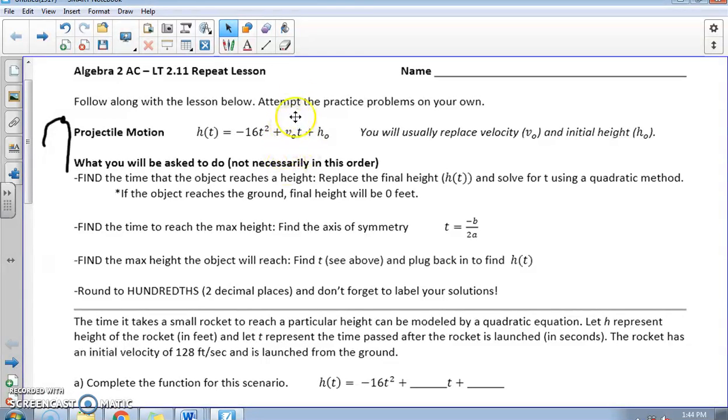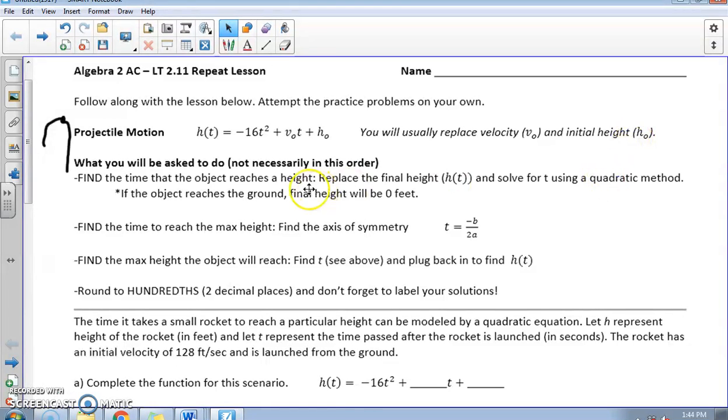V0 represents the velocity the object is moving. So whenever we replace V0, it completely goes away. So I might have something like 6t in the middle. And that should be familiar because we've seen all these quadratic equations. We don't have these extra letters laying around. H0 is going to be the initial height, so wherever the object is released from. It might be the ground, it might be somebody's height themselves, or the top of a building. So the initial height always fills in the end of the equation. And I say you usually replace these two values because that's the information that you get right away from the